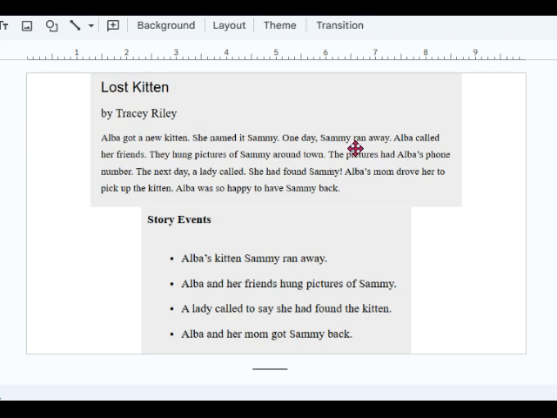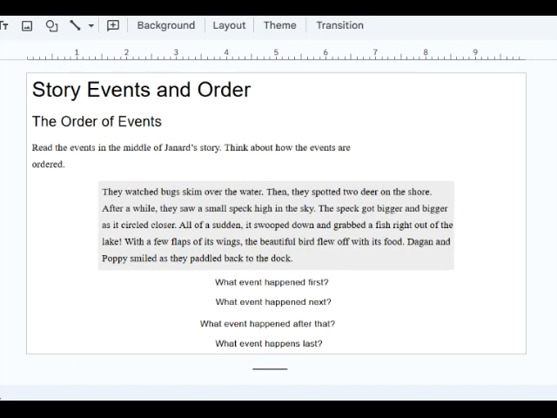So here are our story events. Alba's kitten Sammy ran away. Alba and her friends hung pictures of Sammy. A lady called to say she had found the kitten, and Alba and her mom got Sammy back. So those are the things that happened. The order of events. Now read the events in the middle of Gennard's story and think about how the events